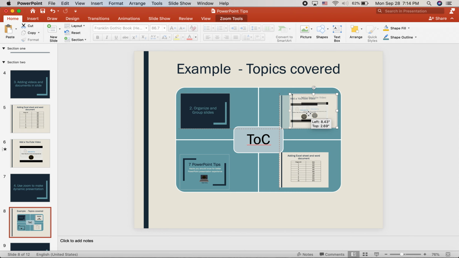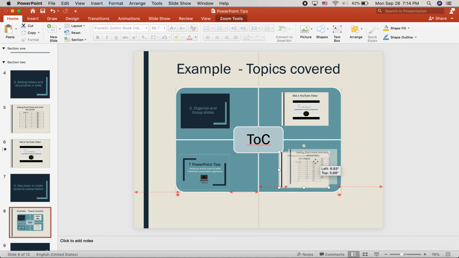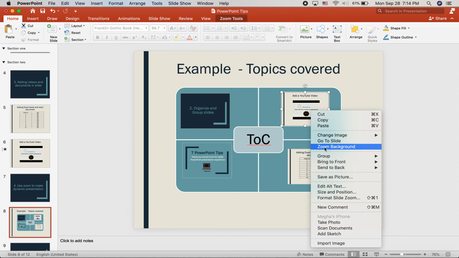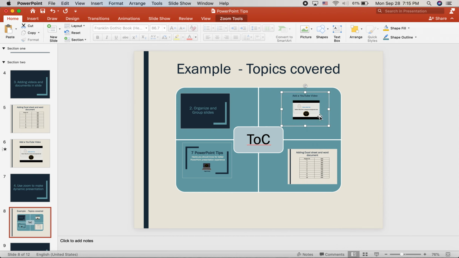And now if you want to merge the background of your slide with the main slide's background, you just have to click on a slide, right click on it, click on zoom background, and as you can see, your slide is merged with the background of your main slide.